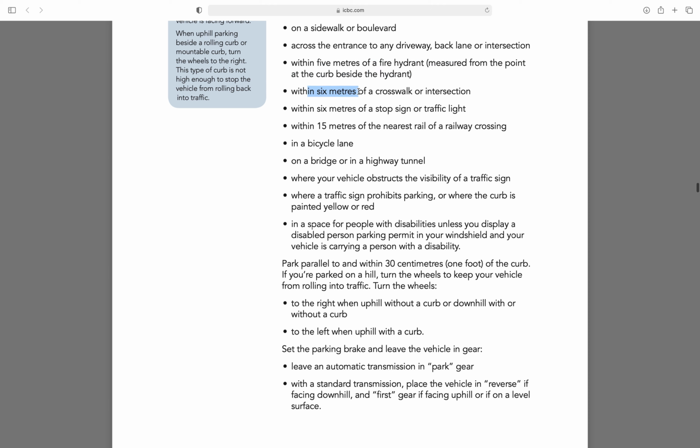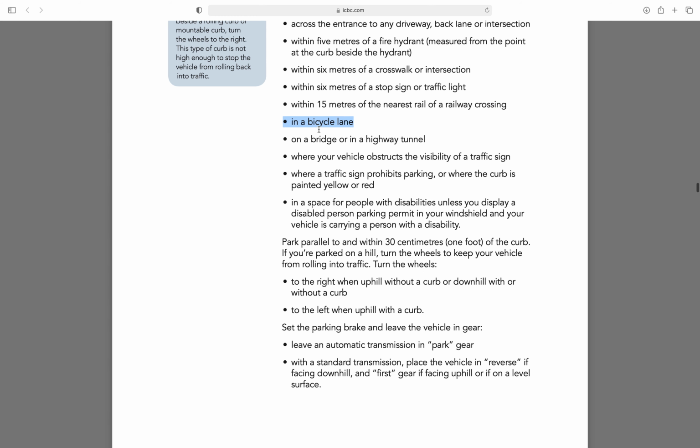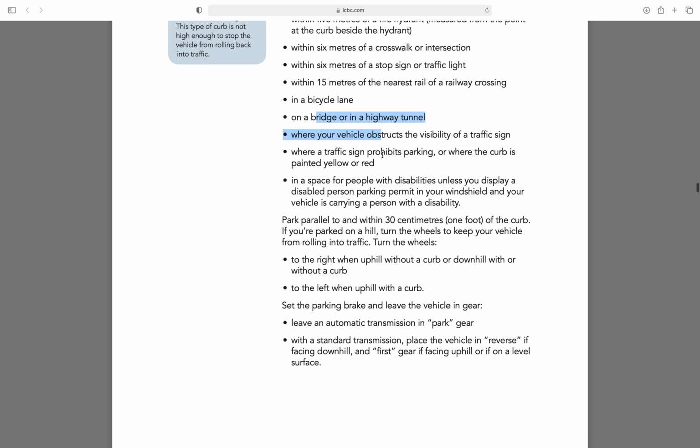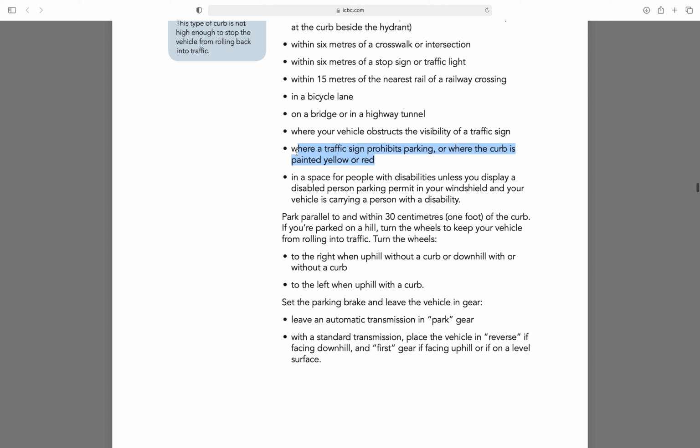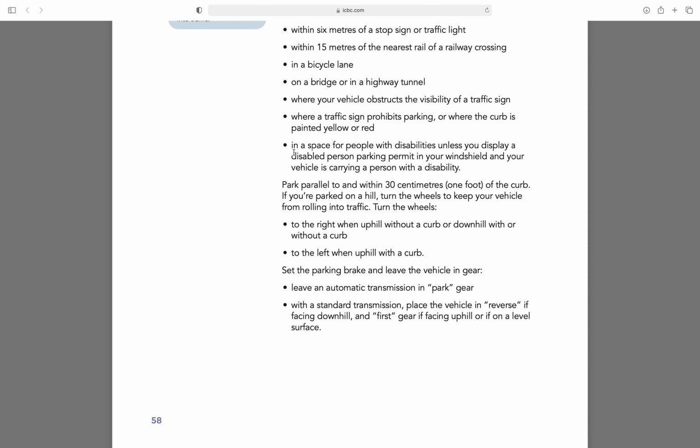Within 6 meters of a crosswalk or intersection, within 6 meters of a stop sign or traffic light, within 15 meters of the nearest rail or railway crossing, in a bicycle lane, on a bridge or highway tunnel, where your vehicle obstructs the visibility of a traffic sign, where a traffic sign prohibits parking, or where a curb is painted yellow or red, or even white. You'll see that sometimes the city will paint the curb where you cannot park, just to make it a little bit more visible. In a space for people with disabilities, unless you pay,